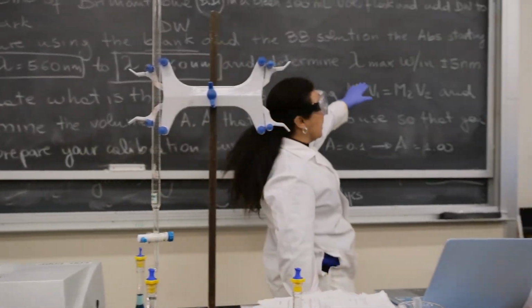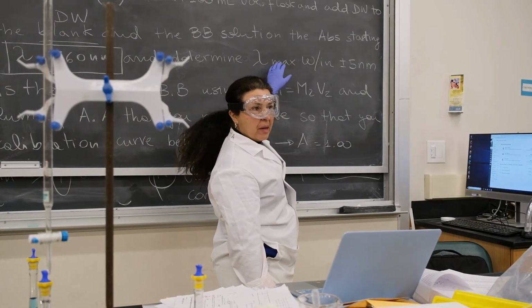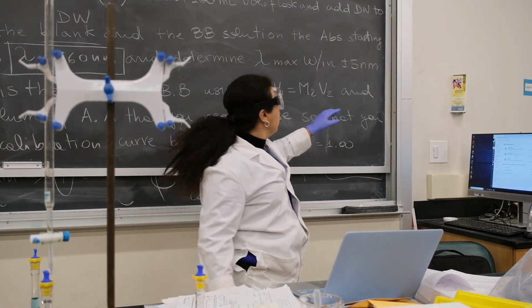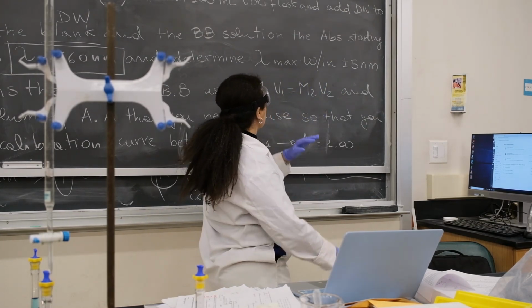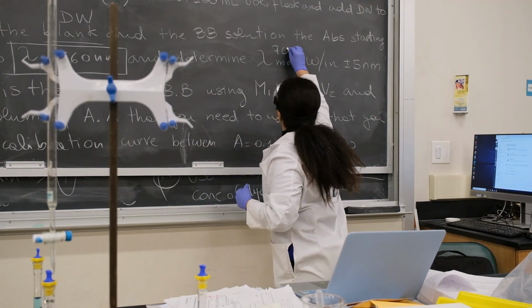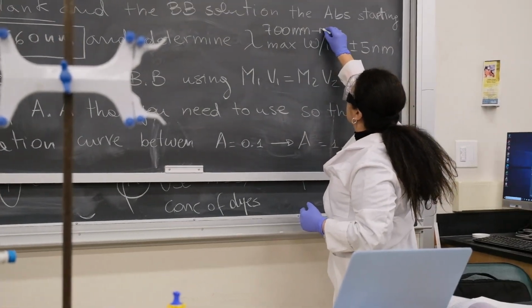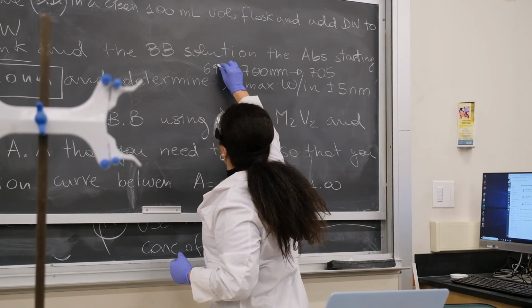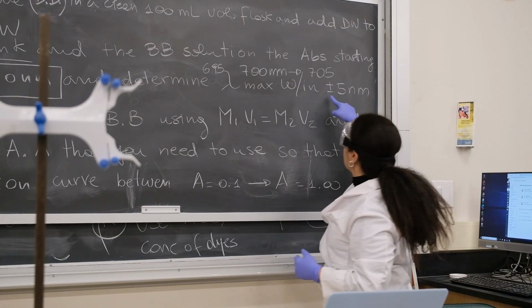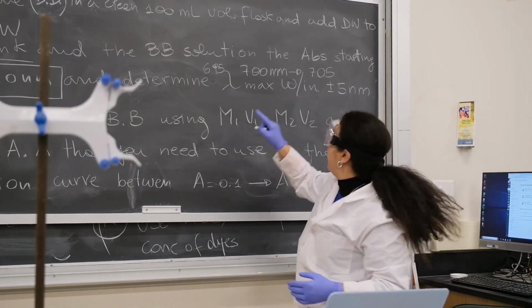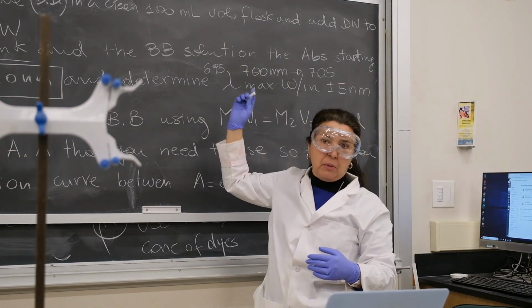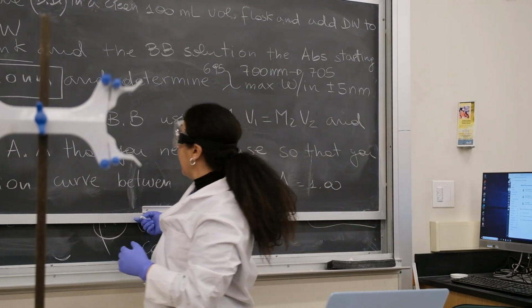Once we find what is the maximum value of the absorbance, as we did the last time, also for the Brilliant Blue, we are going from that maximum. Let's say that this maximum is 700 nanometers, okay? You're going 705 and 695 nanometers, so plus minus 5 nanometers, to find out if that value is really the maximum or if you need to go a little bit lower or a little bit higher, okay? Once you have done that,